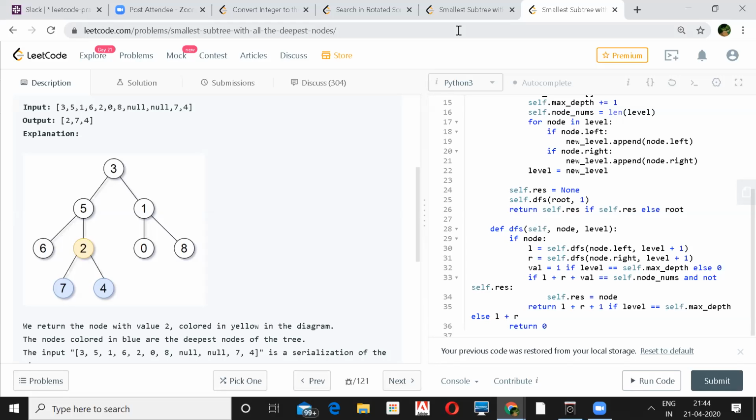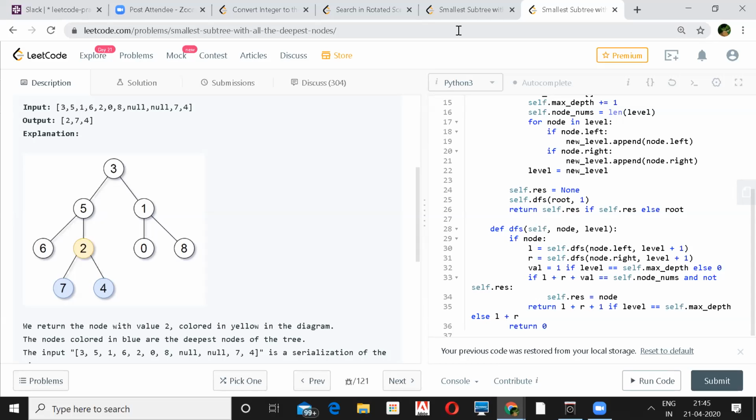So in the case of, for example, 7 and 4, the depth of 6 and 6 and 8, the depth of those nodes is 0, like the depth of the subtree contained below these nodes is 0. Same for 5 and 1, the depth is 1. For 3, the depth is 2. So now I know that at any level, I want one node which is more than its peers. At 6 and 8, everything is 0. At 5 and 1, everything is 1. But at 3, there is only one node which is at 2. So that becomes the answer.